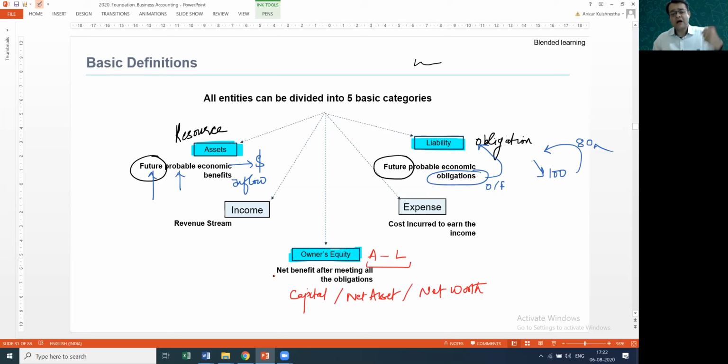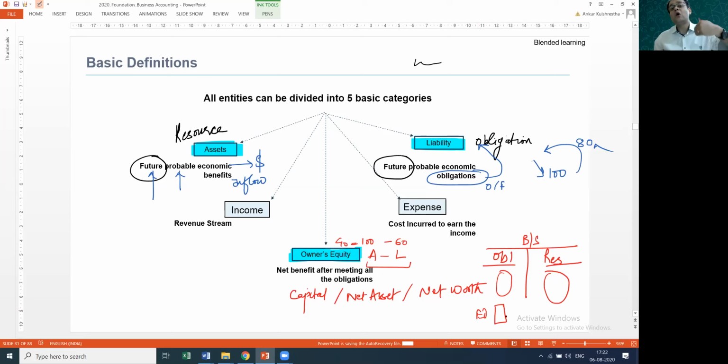Someone has to give me 100 rupees, and from that, I have to pay 60 rupees to someone. So, what's the futuristic claim that I have as an owner? It's only 40. Okay, so whenever you look at the balance sheet of any business, the medical report, which talks about the resources on one hand and obligations on the other, just look at it that these are the future inflows that are expected, these are the future outflows that the business has to pay,